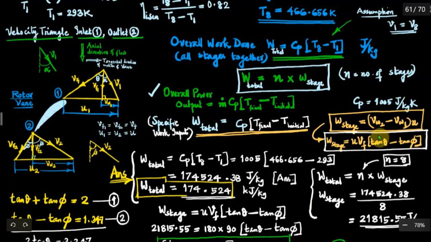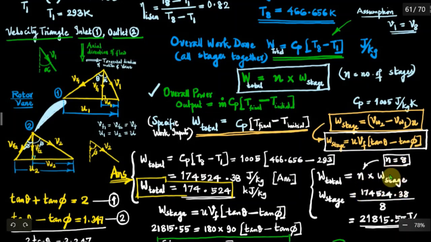is your rotor action. You consider the rotor blade and then the inlet and outlet conditions, and we previously established that relation. What is that? VW2 minus VW1 into U for the axial flow compressor in the earlier lecture. That is essentially what you get from Euler's equation. So W stage, in one stage, is VW2 minus VW1 into U, and here how many stages are there? There are n stages.